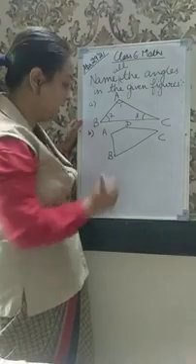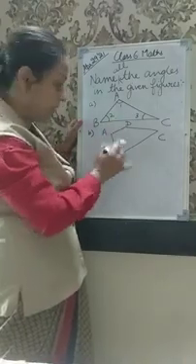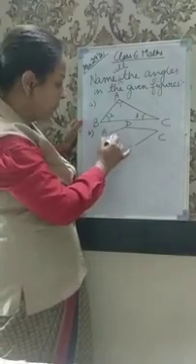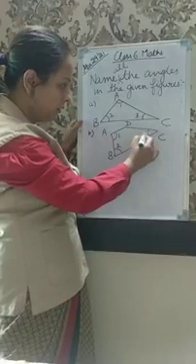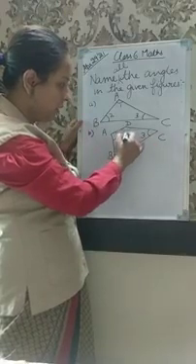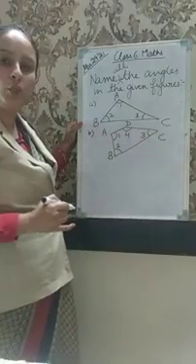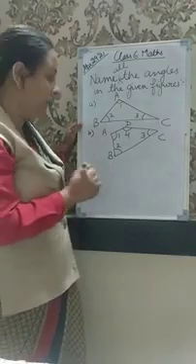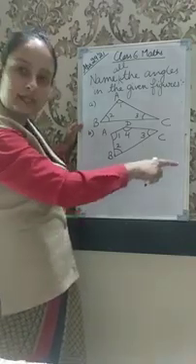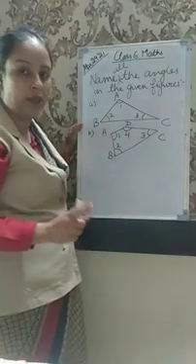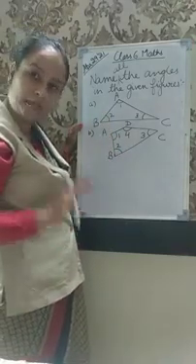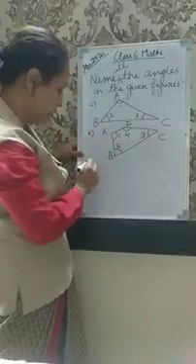Okay, I'm giving you a hint here. This is 1, 2, 3, 4, and then you will name them. You will write angle 1 is equal to this angle, angle 2 is equal to, then you have to write down the names of all the angles. Do you understand this? Okay, this is a quadrilateral.